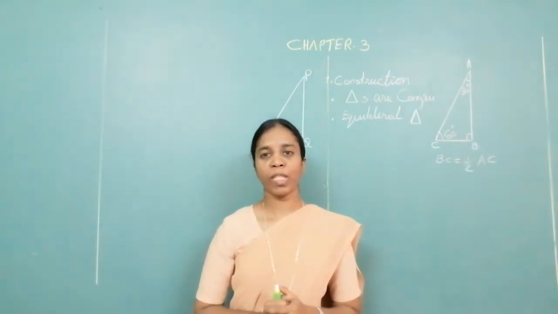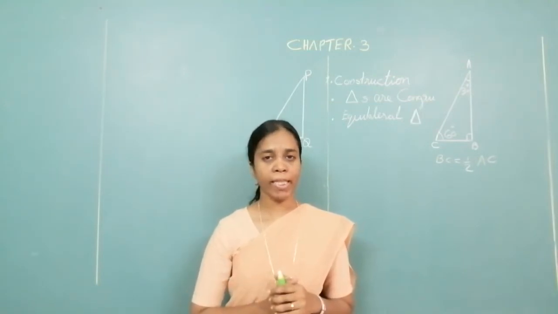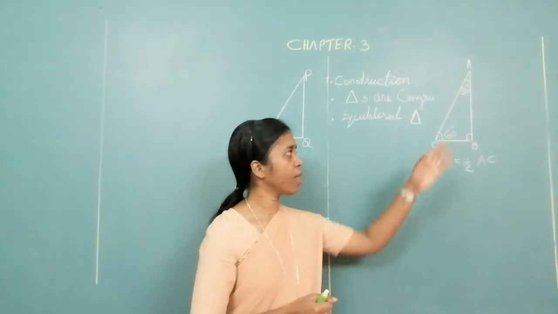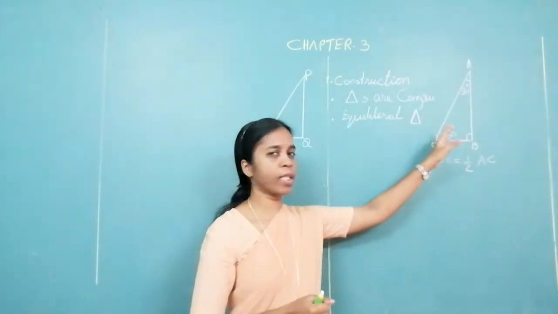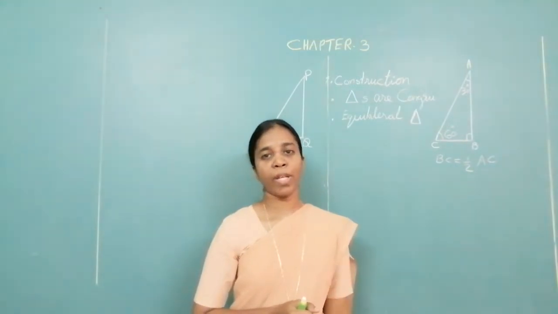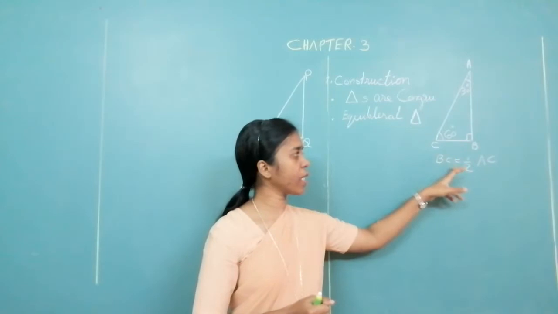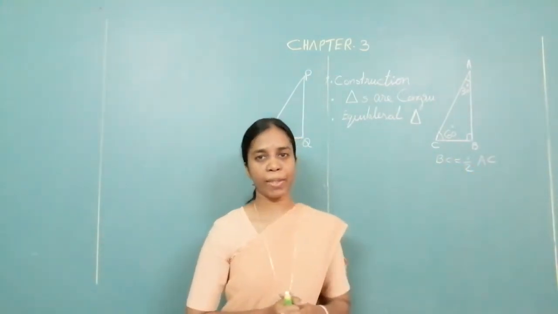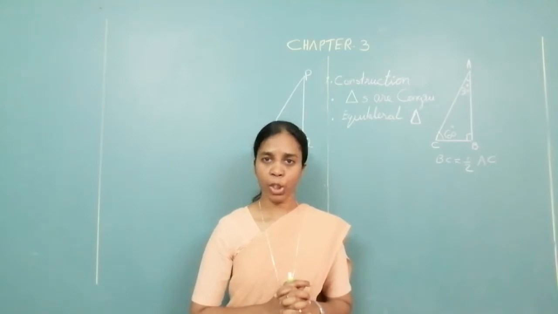Now we have to prove this theorem. To prove it, what is given to us, what is the antecedent? The antecedent is we have a right angle triangle where the acute angles are 30 and 60 degrees. What do we have to prove? We have to prove that the consequent is BC is half of AC. The theorem is simple, easy to understand.